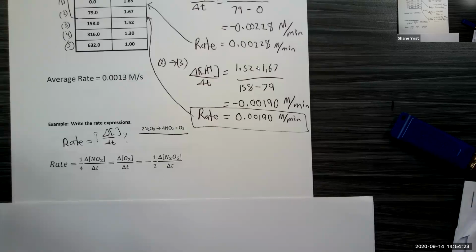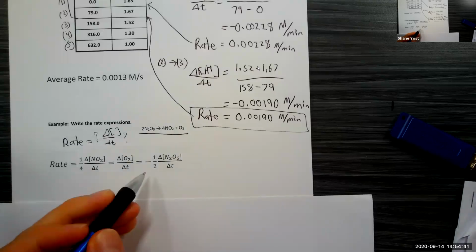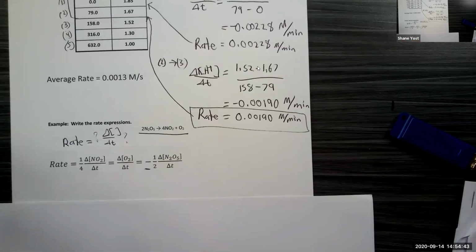Questions about this? Whenever we do the rate expressions, I understand why it's -1/2, but we include that still, even though technically the magnitudes are the exact same, but it's still the negative version of the number. Sorry, so why do you need to include the negative sign here? Is that what you're saying? The overall rate expression, I know the magnitudes are the same, but the overall rate expression still needs the negative.